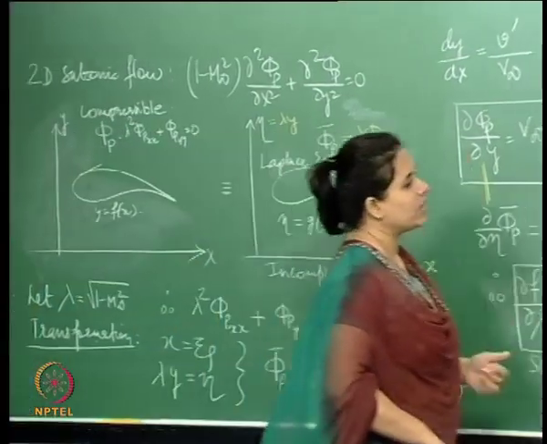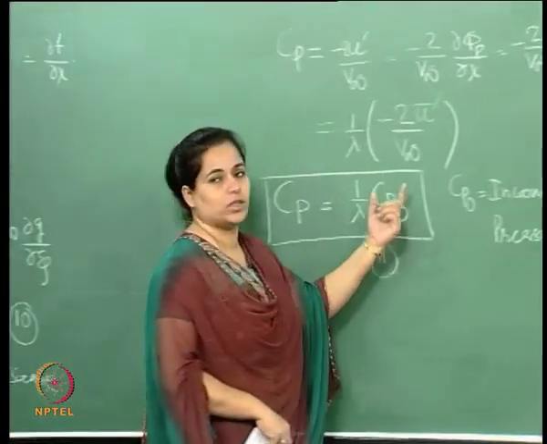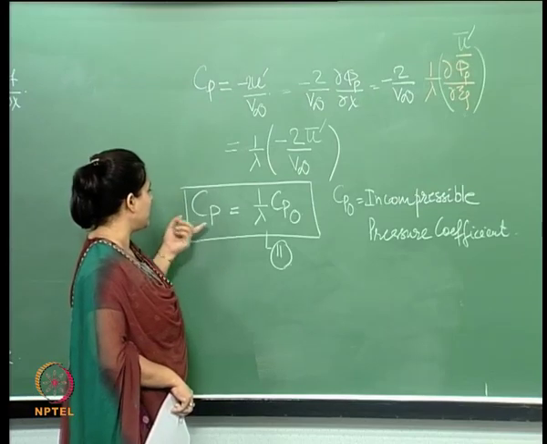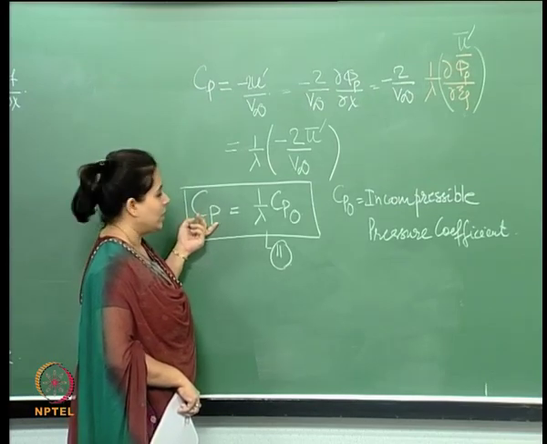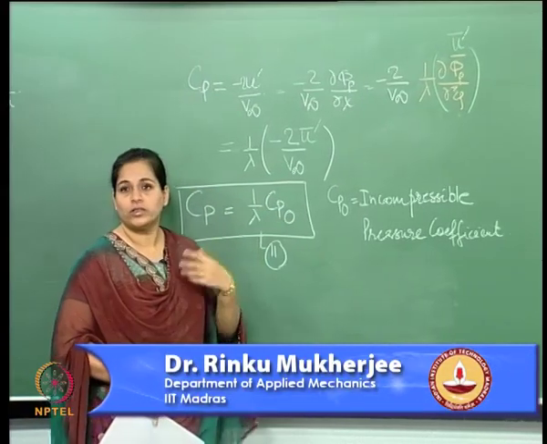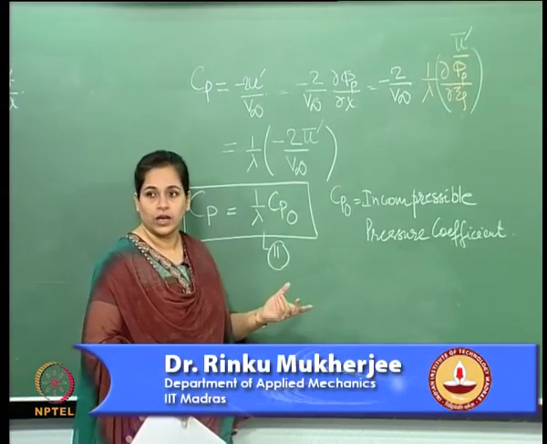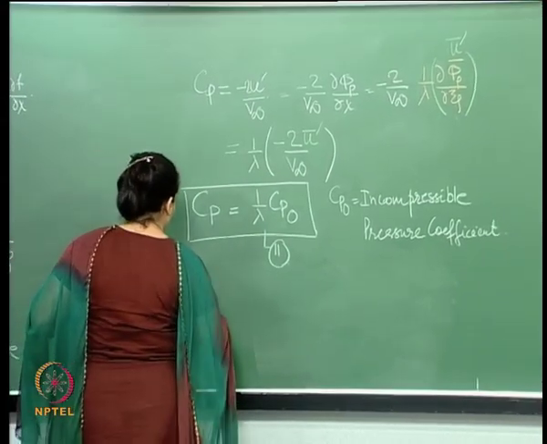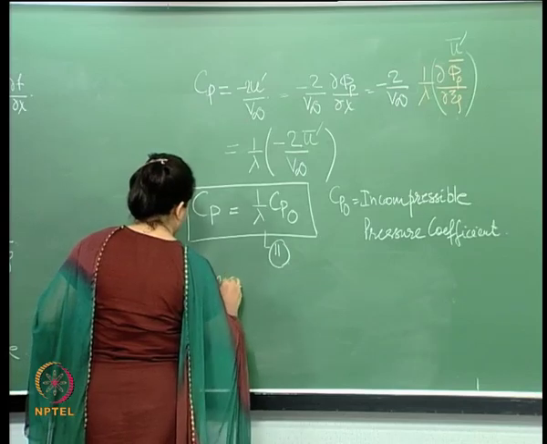And what we have just now established is this relationship between the coefficient of pressure in the compressible flow field and the coefficient of pressure in the incompressible flow field over the same body, over the same profile. Okay. And this is basically credited to Prandtl-Glauert,